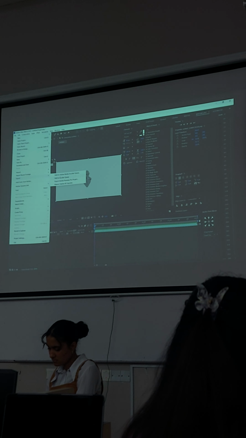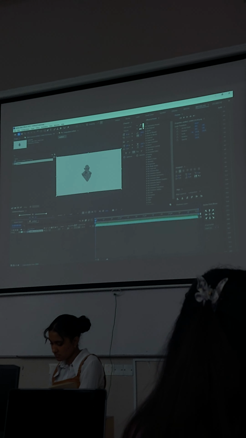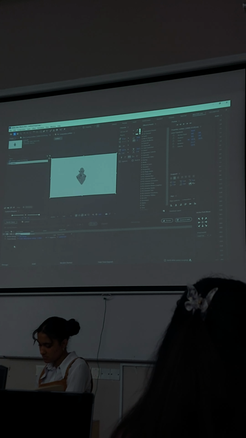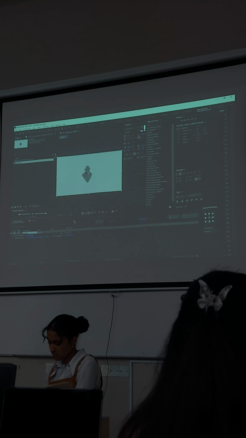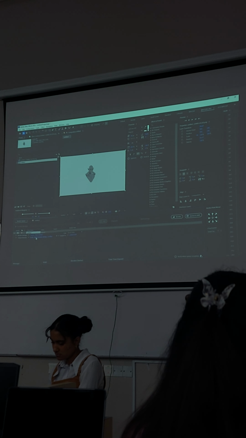Export, add to render queue, and then render setting: best, quality best, resolution full, according to your last render sequence in Maya, full HD 1920 by 1080, and then click OK. Output module. If you do not have this one,